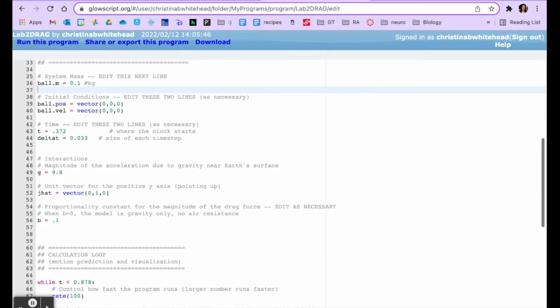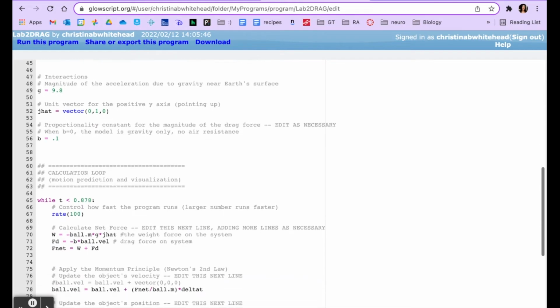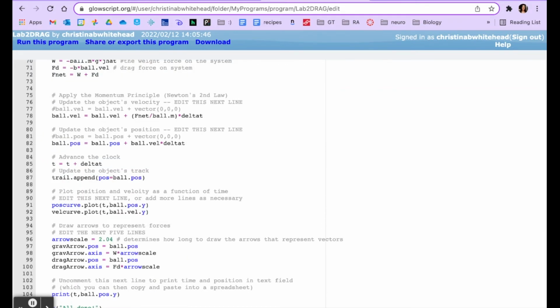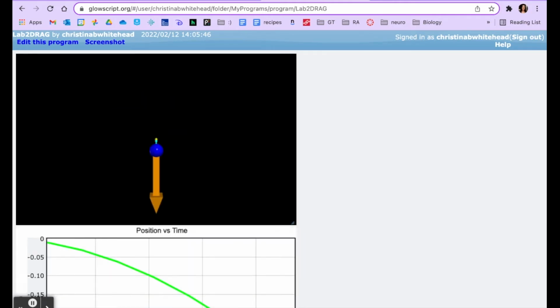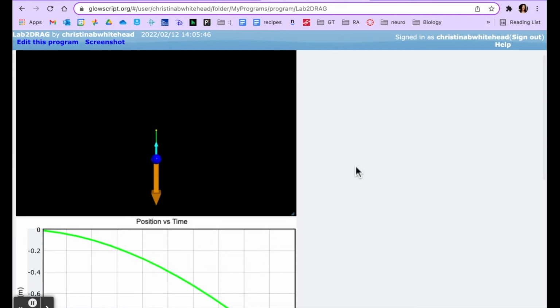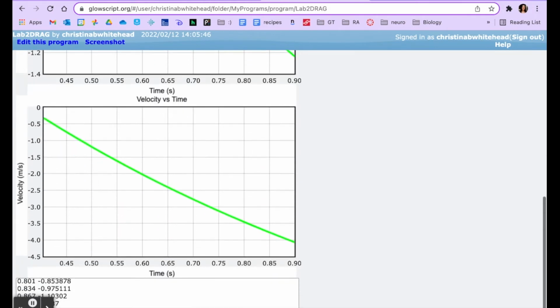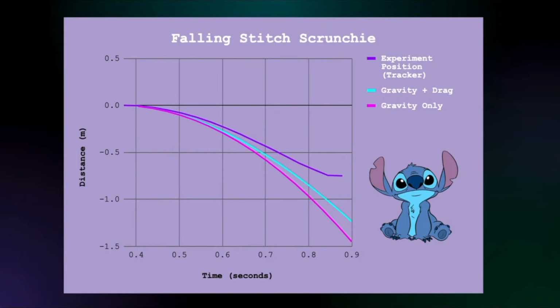So here we quickly run through. After some trial and error, we found that the best proportionality constant would be B equals 0.1, given our arrow scale being 2.04 with some quicker calculations. And when we run this program, we see in the teal color the drag force pointing up against the orange gravity pointing down. Here we see the final output for the falling stitched scrunchie given the experiment position and tracker,